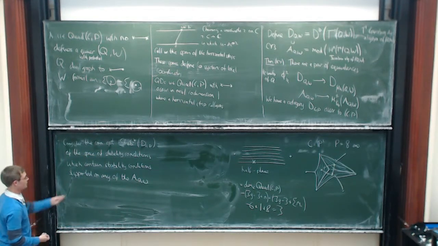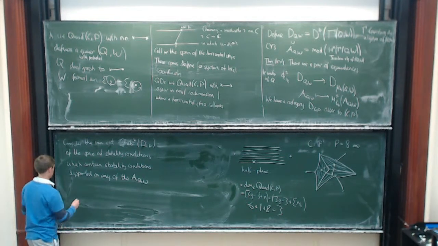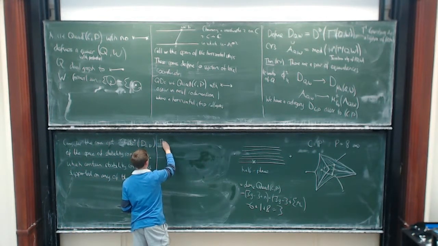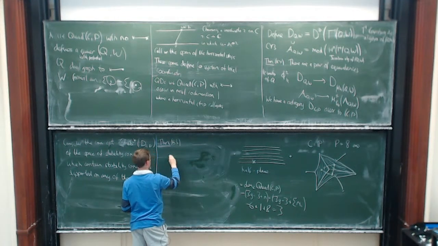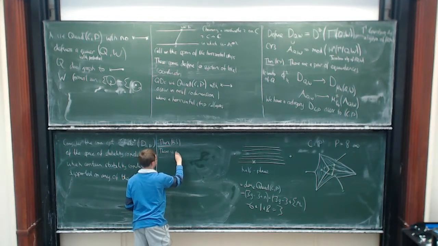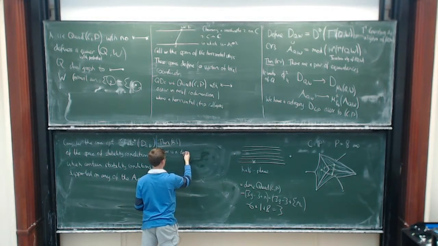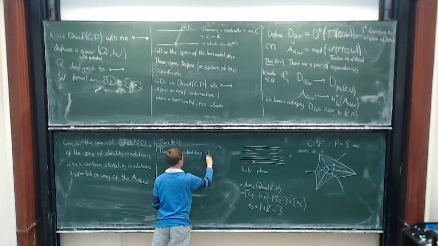So that's in some sense the natural connected component of this space of stability conditions. And then the result due to Bridgeland and Smith is that there is a dense embedding of